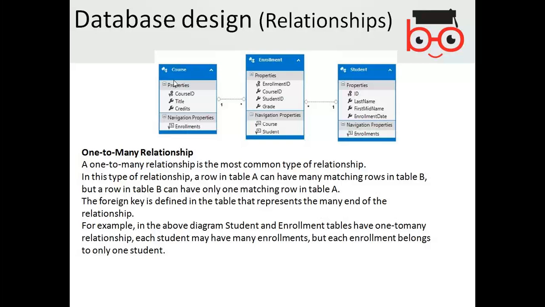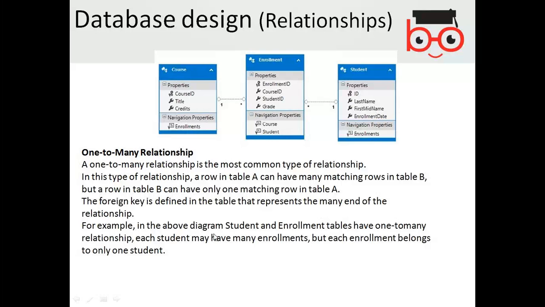So at this point, you try to understand that if, for example, you are supposed to understand the one to many relationship, then understand that one course could be enrolled many times, or one student could be enrolled many times into different courses. That is a key concept over here.